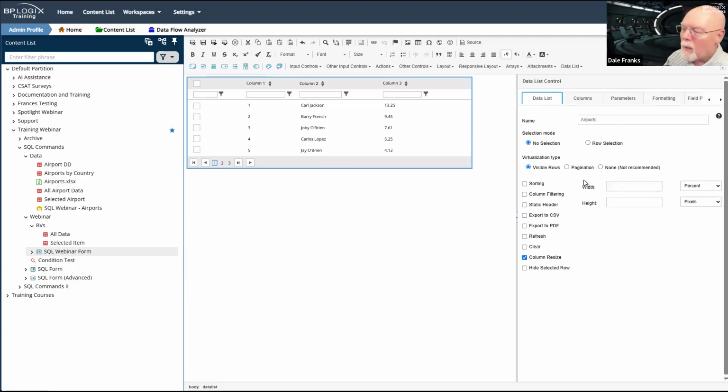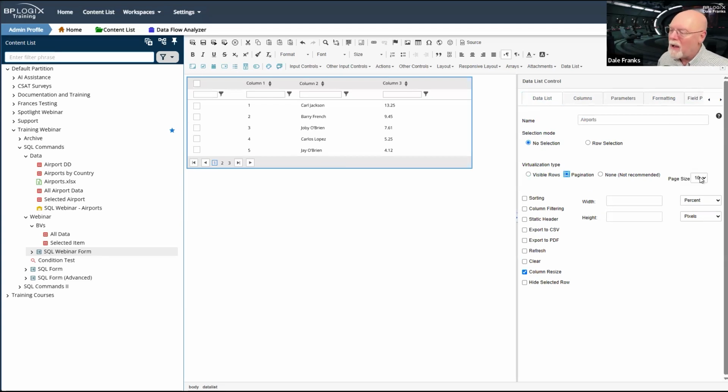whether I want it paginated, which I do. So we're going to turn pagination on, and we are going to set our page size to, well, let's set it to 20 again. Let's not take up the whole page. No, you know what? It won't take up the whole page. I just have more to scroll inside the data list. We're going to set it to 50. So it'll be fewer pages. Instead of 43 pages, it'll be closer to 20 or so.